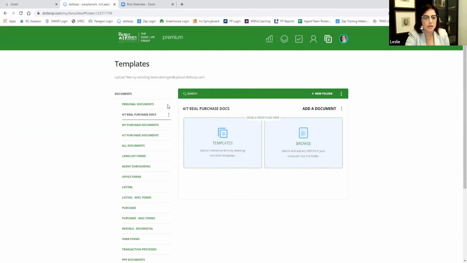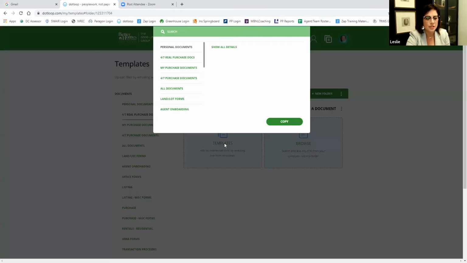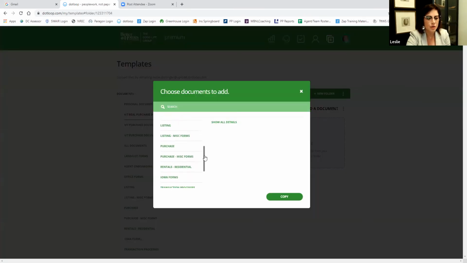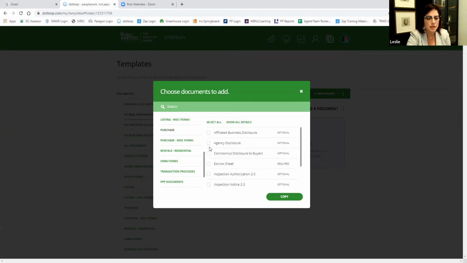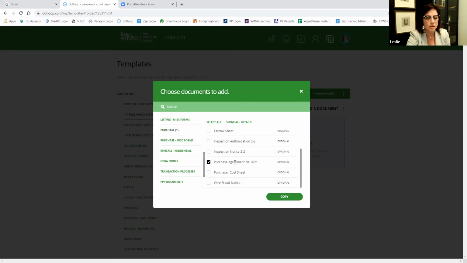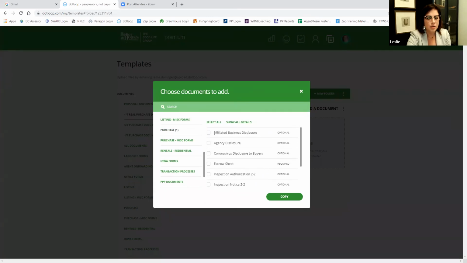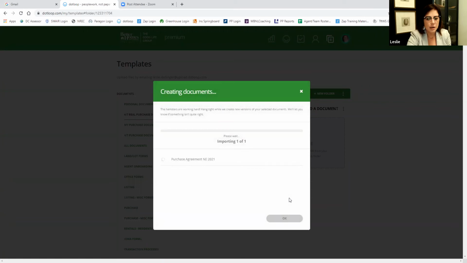So now we're going to add a document straight from our templates. We're going to go down to purchase, and depending on how many of these you want, I'm just going to do the purchase agreement. You could have any of these other ones, but for the most part, they're already auto-filled. So if we click copy here,